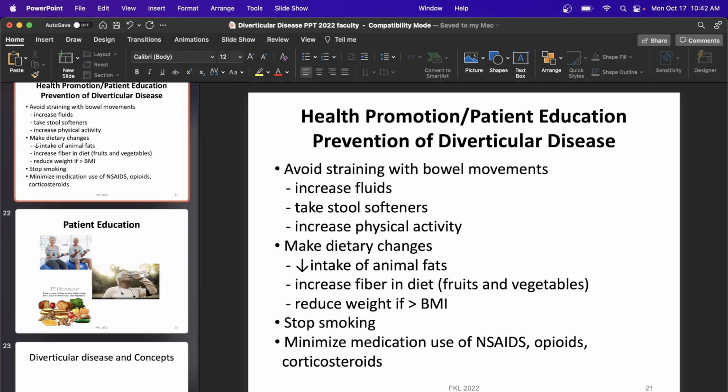Anything that can get trapped into the diverticulum and cause that inflammation. But lots of water, lots of walking, lots of exercise, any kind, lots of high fiber foods. I think there's a picture on the slide too, just kind of depicting, move around, get those bowels going. If we're straining, can we use stool softeners? Sure. So we can use stool meds,